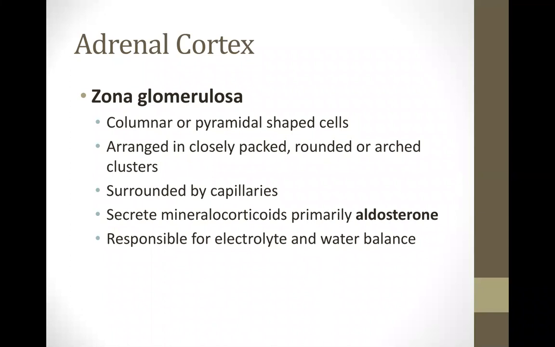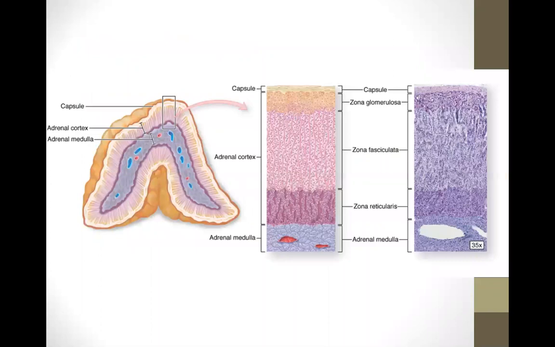It is responsible for electrolyte and water balance. Okay, that is the first zona. From outside, you have the zona glomerulosa, which secretes aldosterone. Okay, so this class is the adrenal glands. This is the capsule. The outermost layer is the adrenal medulla, adrenal cortex, and those blue ones are veins,